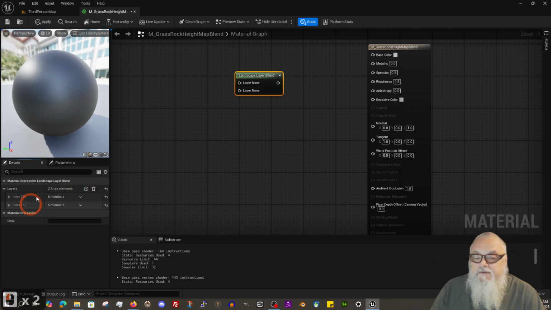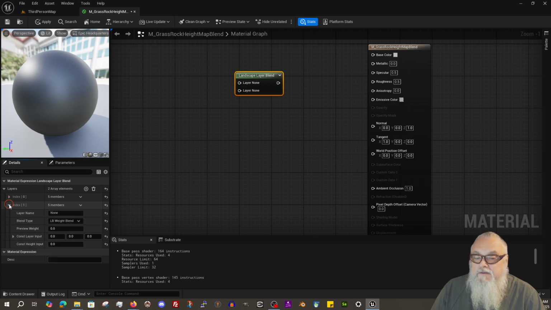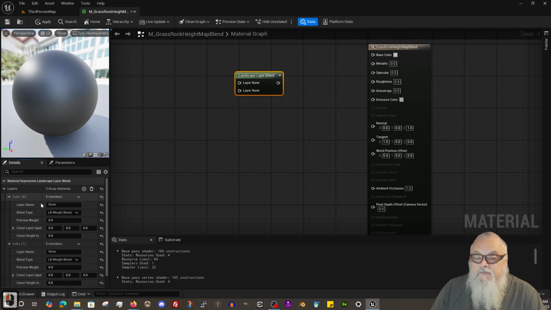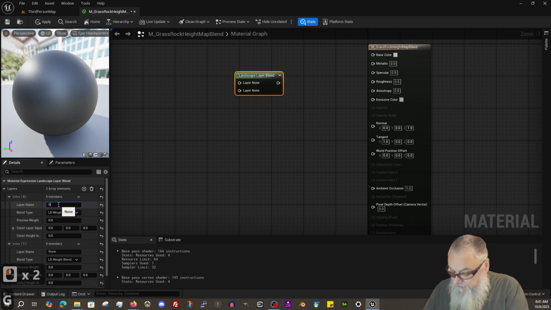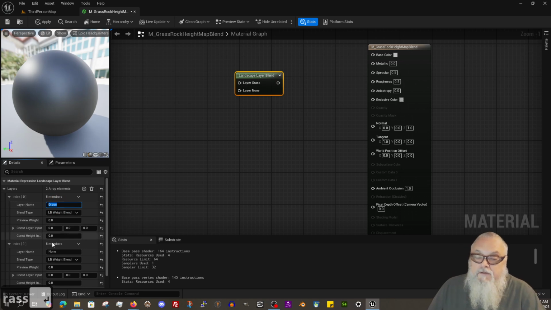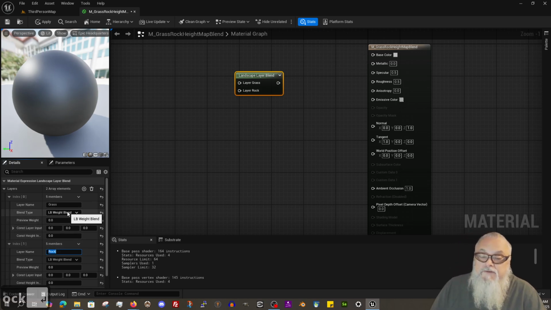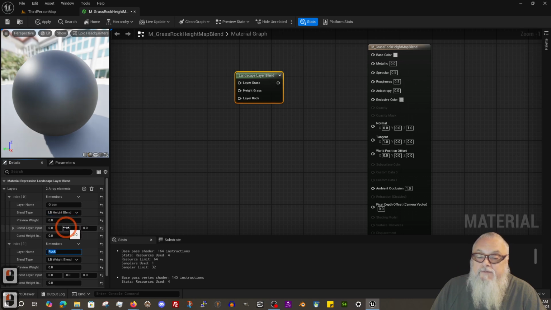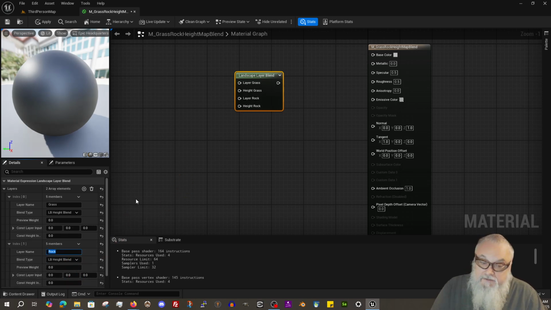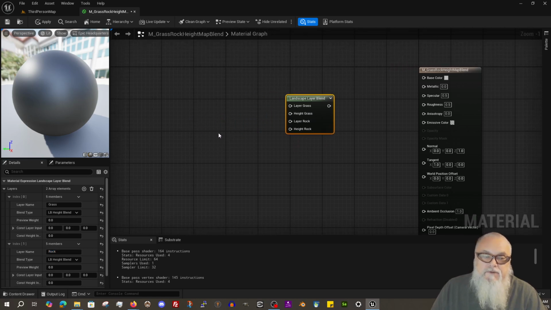So I'm just going to click the plus sign twice, and you can see we now have 2 elements in our material array here, and each of these has an option to expand and put more information in. So I'm going to name the first layer grass, and I'm going to name the second layer rock. We're going to change the blending mode here to height. So this is the part that gives us that nice overlap between the two surfaces. And you'll see as I changed this to the height map blend, I had some additional inputs here. So in order to use this material setup, we need to have the color map and we need to